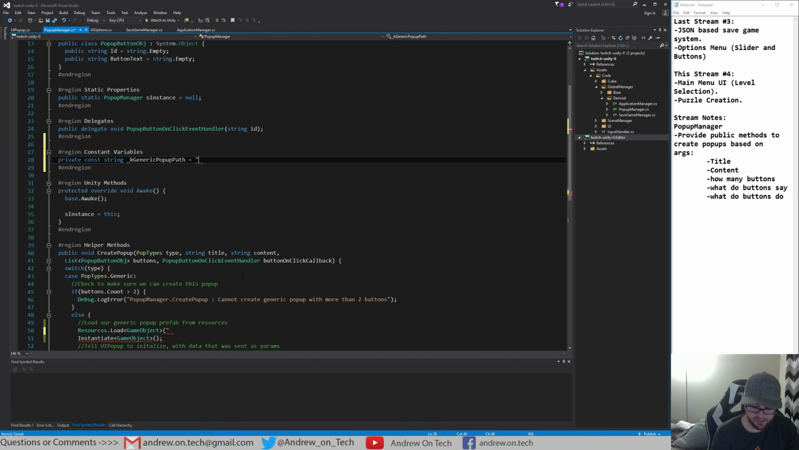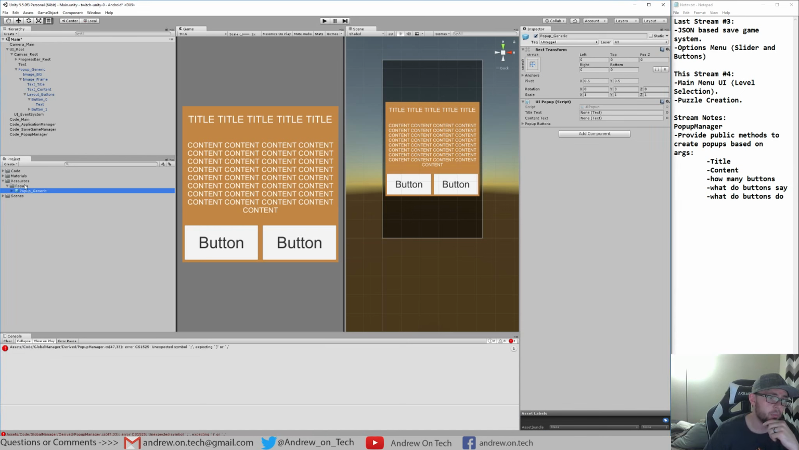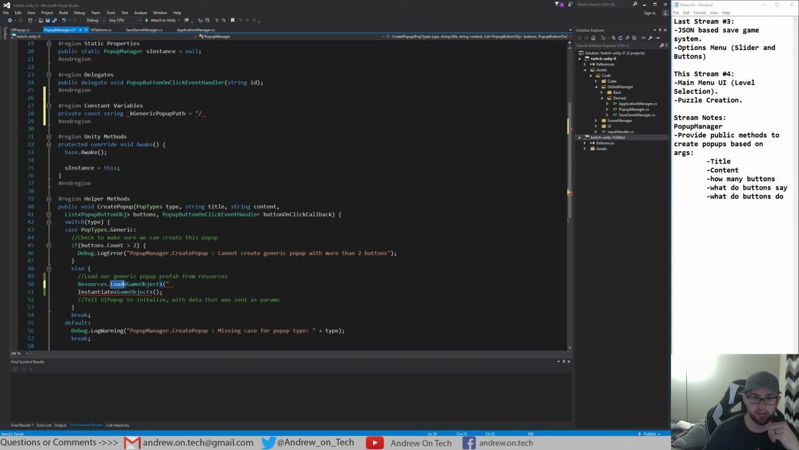Anything you load from resources, whenever you call Resources.Load, is always relative to Resources. So for us, it's going to be popups/popup_generic. Boom. And you don't need an extension or anything like that. So at this point, we can just use kGenericPopupPath. This should, in theory, return us a GameObject that is our